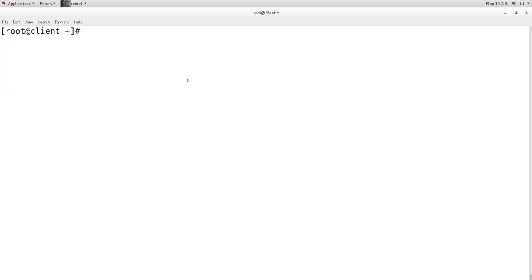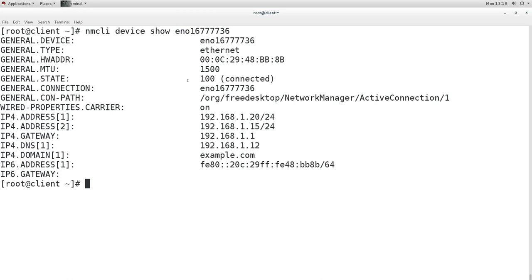Now we can check nmcli device show, and information, and now we can see which IP address it is getting. It is getting this IP address, and you can see it is getting the gateway.